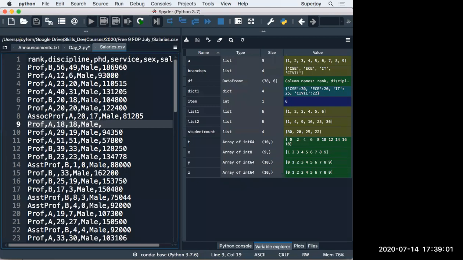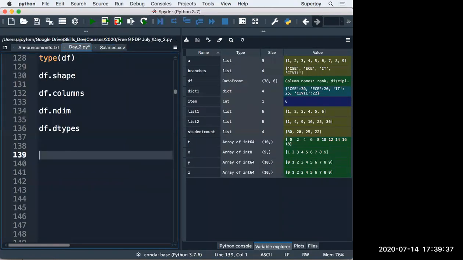Similarly, go to row number 13. Here you see, guys, professor, that means rank is given, discipline is given, but can you see that in between two commas there is no information given? That means PhD data is not given, and that is again a missing value. So guys, are you clear about the missing data? That is a very important concept in data science. Sometimes we have a lot of methods which do not work well if your data has missing data. So this is called missing values. Okay. Now, guys,